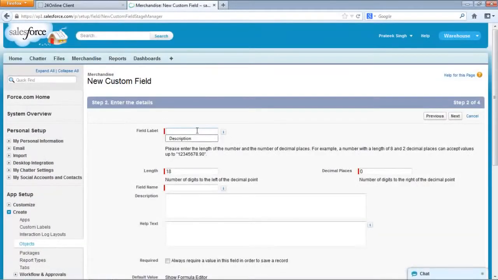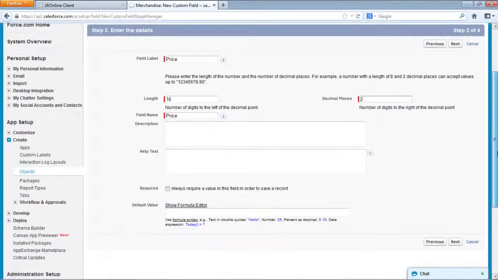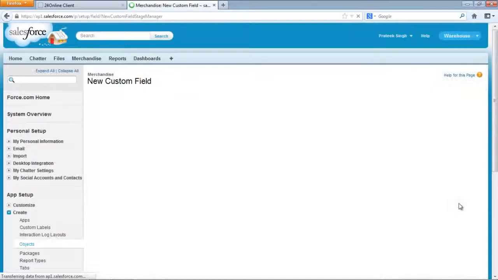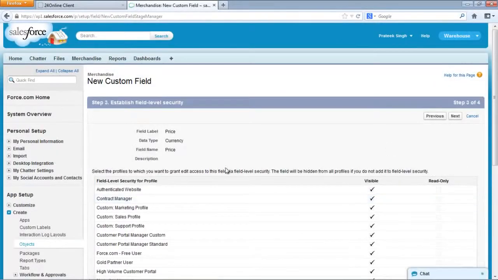Let's name this field label as price. A price could be in decimal as well, in cents, or in Indian rupees it could be paise. So we will make the field required, so that the user is not able to save unless he enters this value. We can click on this required field. Now the user cannot leave this field blank. Then we again pass through those normal steps. These are actually security steps; we can see field level security. When we study field level security, we will go through these steps.